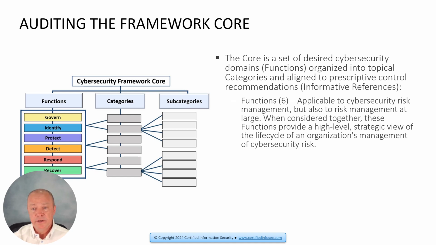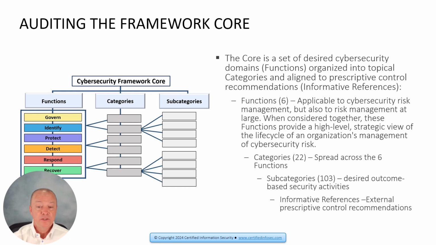And when considered together, these functions provide a high-level strategic view of the life cycle of an organization's management of cybersecurity risks. We then have 22 categories of cybersecurity risk management that are spread across these 6 functions. And within those categories, we have our subcategories, which are actually desired cybersecurity outcomes or capabilities that are based on